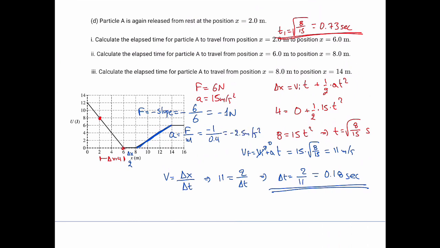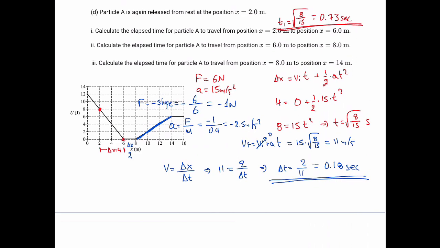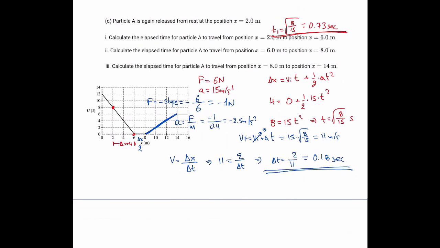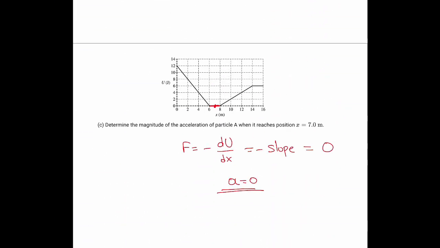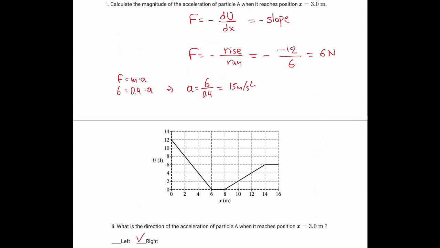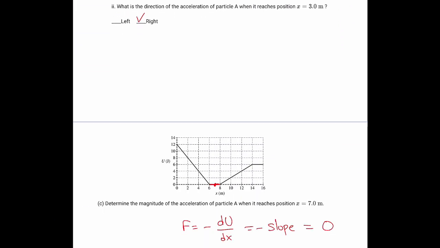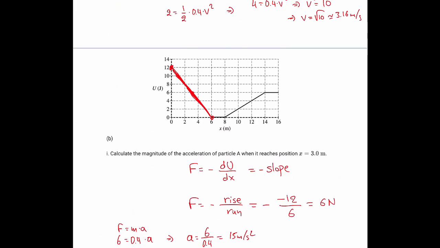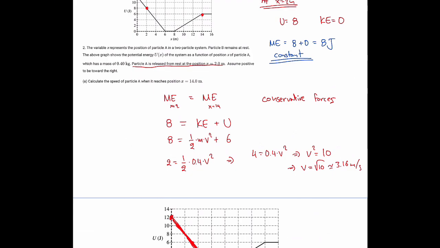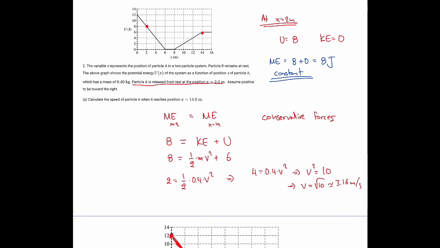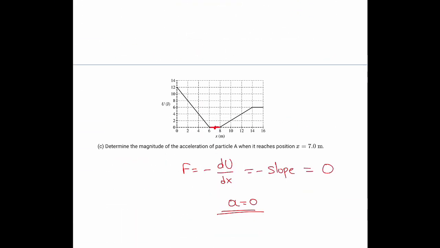squared. Now that we know the value of the acceleration, for the last part we can say v final is equal to v initial plus at. The v final is the velocity at 14 meters, and I think that we have calculated this. The velocity at 14 meters, and maybe I was wrong, I think we have calculated it in part 1, exactly, it is 3.16 meters per second,